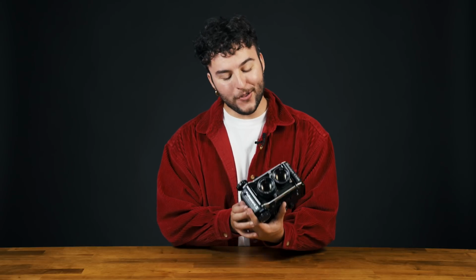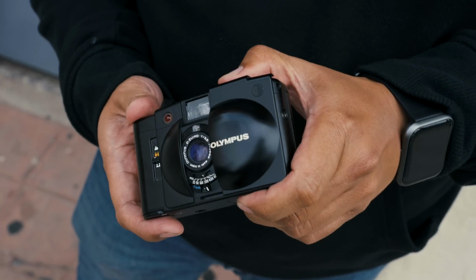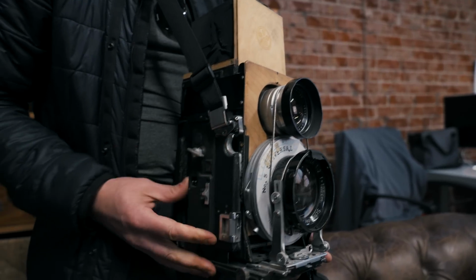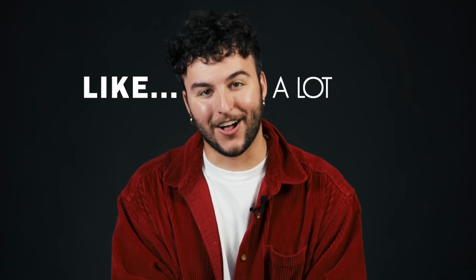Film cameras come in all different forms, shapes, and sizes, from TLRs to rangefinders, SLRs, medium format cameras, compact point and shoots, and even large format cameras. It's one of the reasons that makes shooting film so much fun. We get the questions, what camera should I get? What's a good camera for beginners? A lot. So in this video, I'm going to share with you,